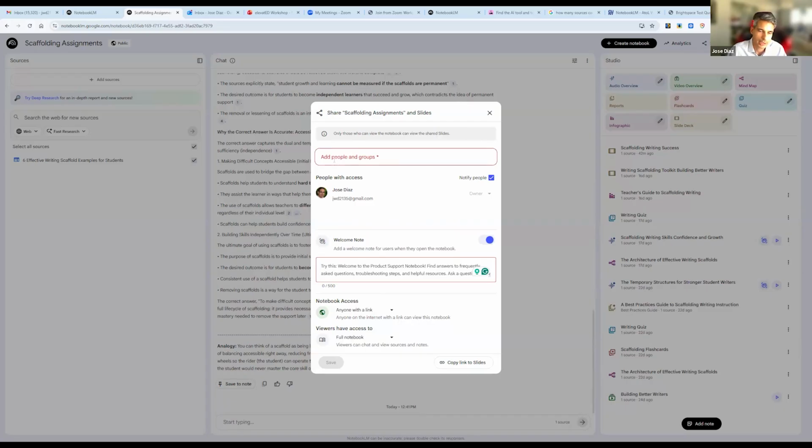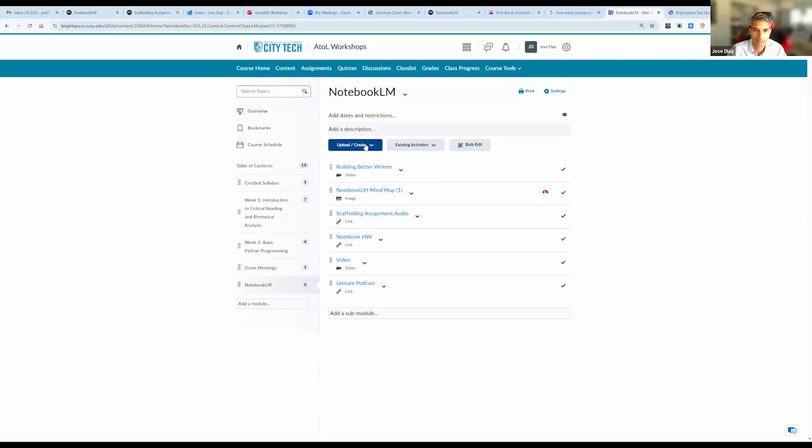So you can individually add your class members through here, or you can just say anyone with the link can access, right? And then here at the bottom, what do they have access to? Is it the full notebook or just only the chat? Once you're done with your settings, you click copy the link, and then we go back into Brightspace.